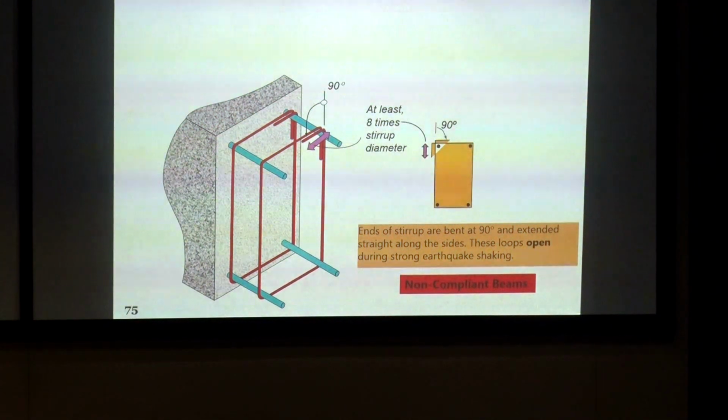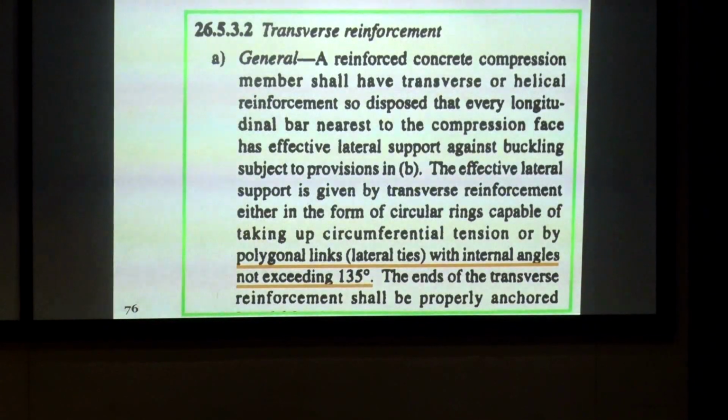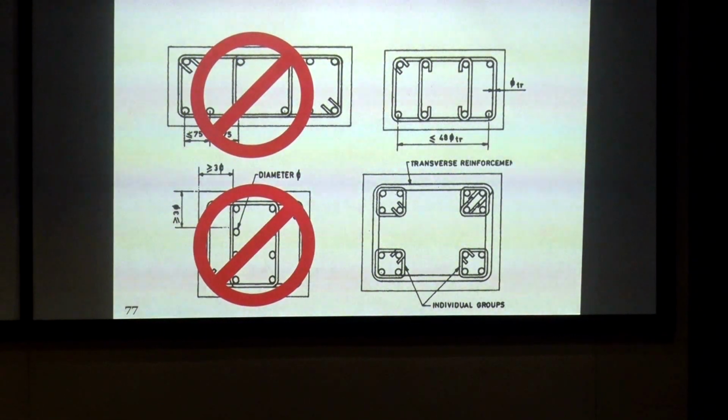Detailing, this is not going to be allowed. In fact, even the current one talks about the 135 degree hook. I don't know how it came into being, understanding that IS 456 doesn't talk about the 135 degree hook, only IS 13920 talks about ductile detailing. I mean, it was not the case. IS 456 did talk about it. But one change that's going to happen is that we are going to require one full complete hook for all members, particularly column sections. That is one thing that's going to be a requirement, and in addition to that, we can have cross ties, additional links, and so on and so forth.